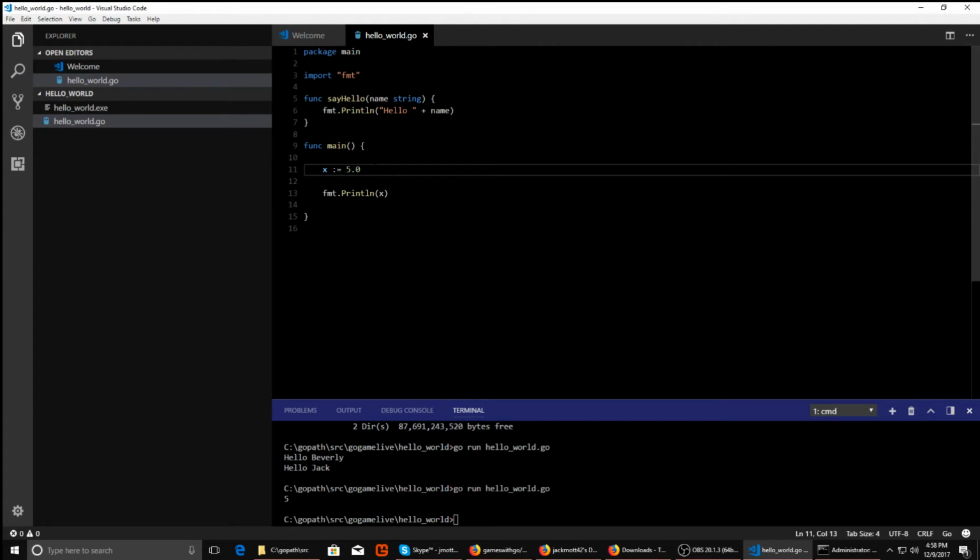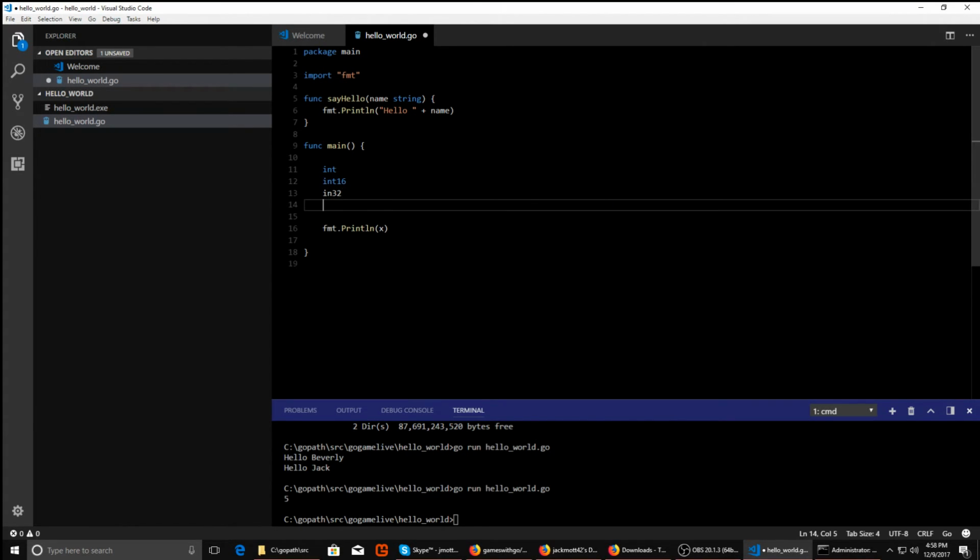So some of the types that are built into the language are integer, which comes in various sizes. So there's int16, int32, int64. And this just means that they can hold bigger and bigger numbers. So any number you store in a computer program,